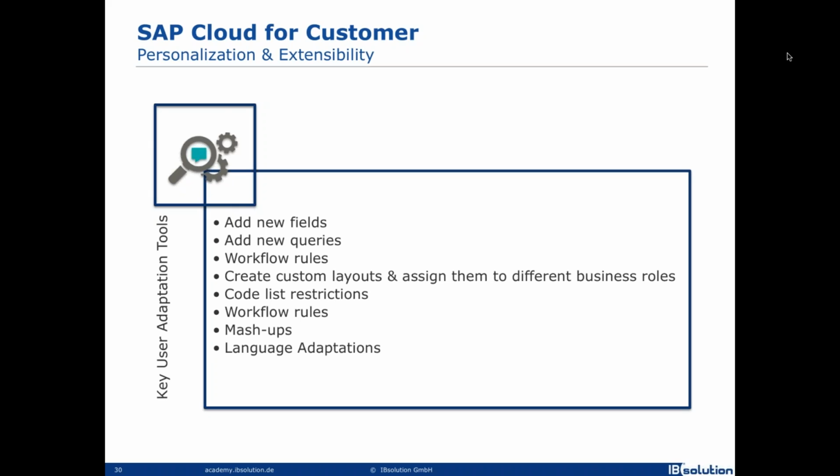But if you want to add some additional functionality, you don't have to ask a developer, at least for the bigger part of the requests. There is a tool which is called Key User Adaptation Tool. It's basically a set of tools which allow you to add new fields on the screen exactly where you want them to be. You just add the fields, click OK, and it automatically extends the business object, which means that it automatically adds the field in the database table, and you don't have to care about it. You don't have to write any code.